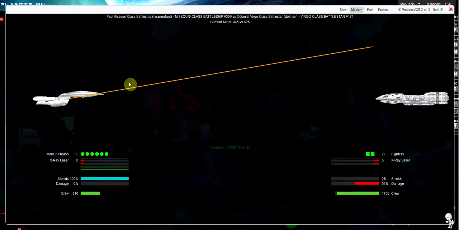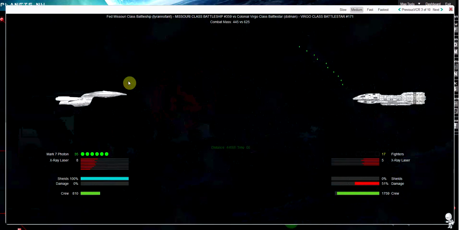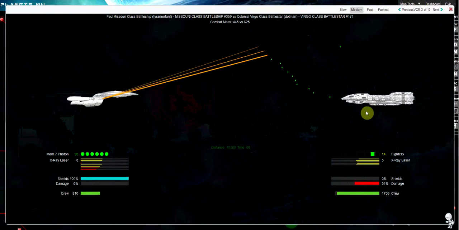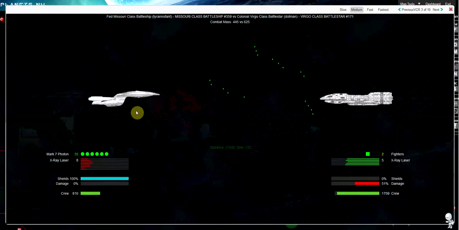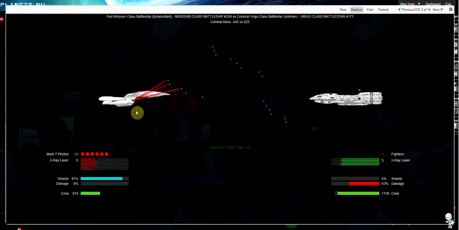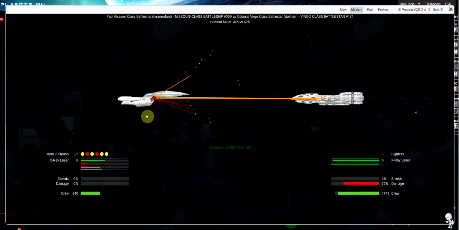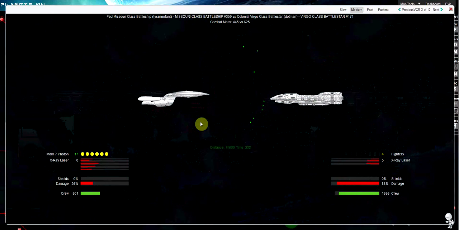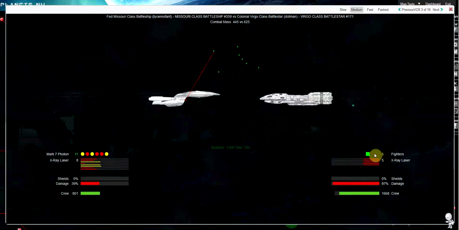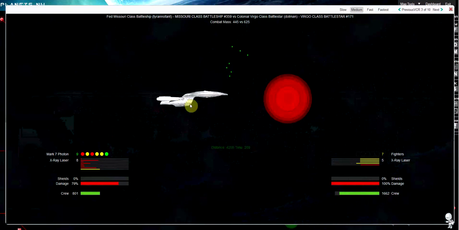I was expecting the third one to be a Kitty Hawk, but he stacked his Missouris in a row. I think the Kitty Hawk probably would have taken this Virgo out. We'll see if this Missouri is able to do the same. More torpedo hits. And he's getting pretty close, but I still have fighters in the air. Oh, very, very close. Okay, he did take the Virgo out with this Missouri, but you can see this Missouri